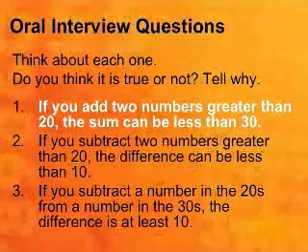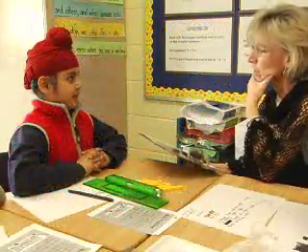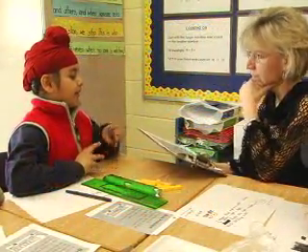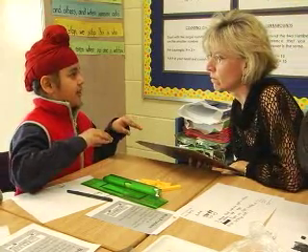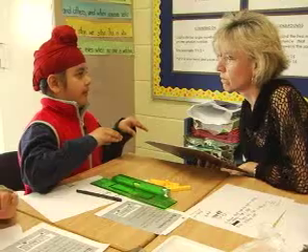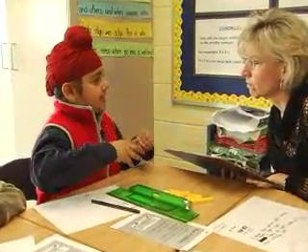So if, for example, we were talking about this grade 2 addition and subtraction, you might do something simple like, so tell me if you agree or disagree that if you add two numbers that are more than 20, the sum can be less than 30. Disagree. Tell me why you disagree. I'll pick a number from the 20s and the 30s. Okay. If I get 29 from the 20s and I get 31 from the 30s, so the answer would be 2. The difference is less than 10.